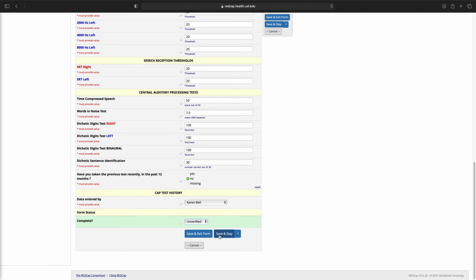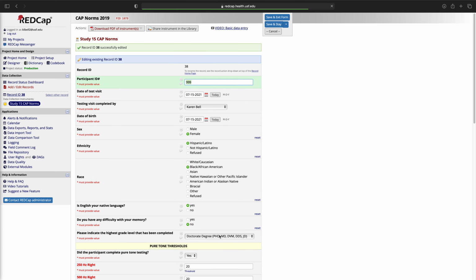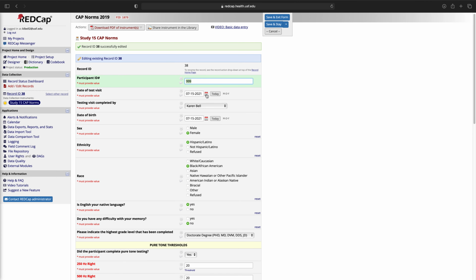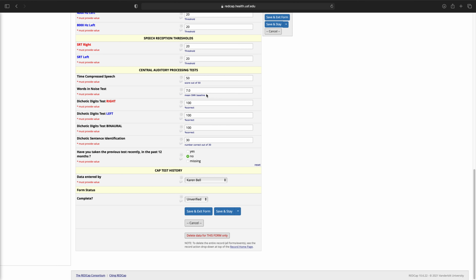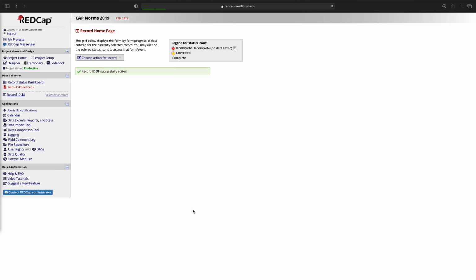And what you can do is hit save and stay, if you wanted to continue working on the form, or you could do save and exit form. Okay, so that's how you enter data for that instrument. So now let's go back to